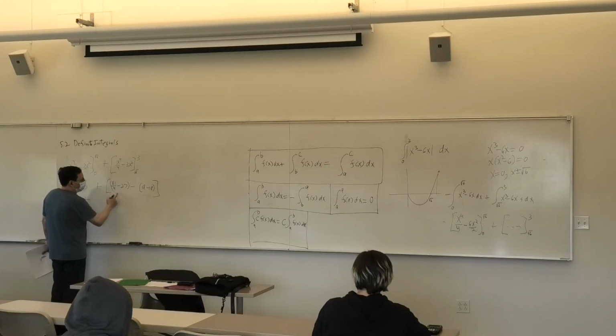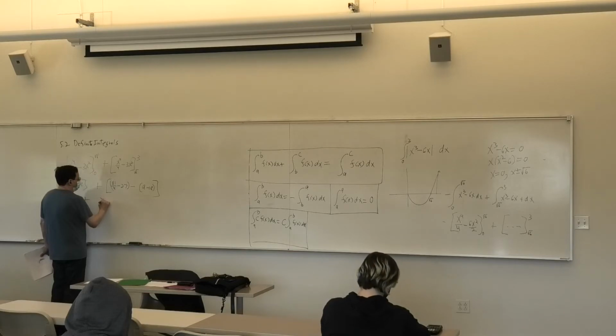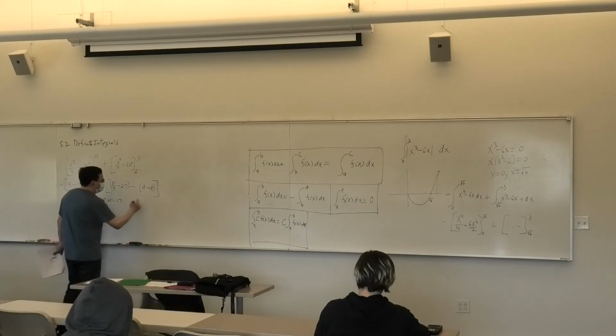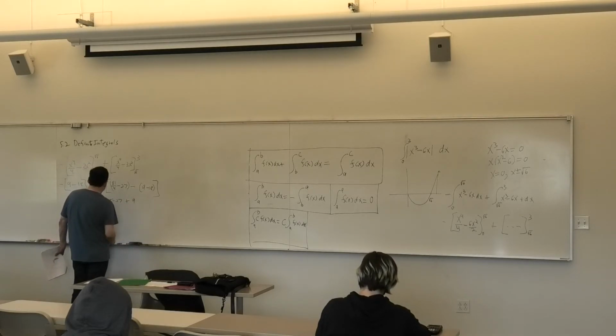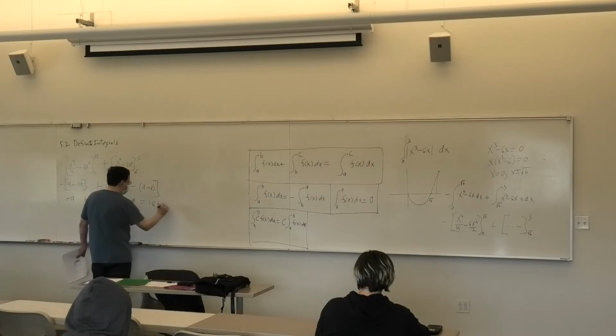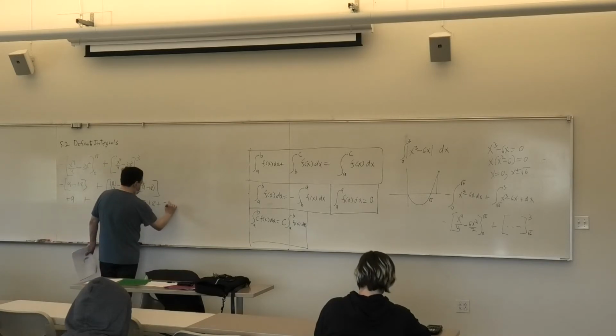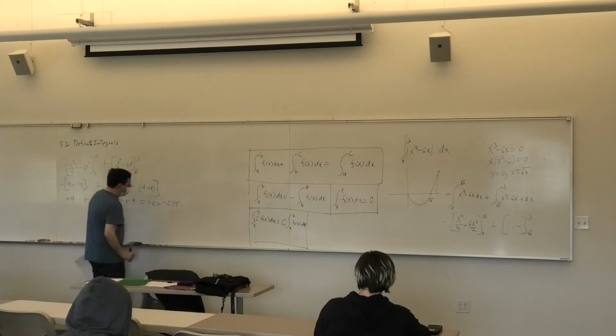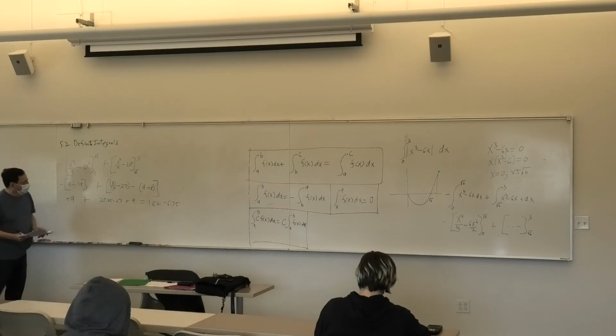Whatever we found before, that's 20.25 minus 27, and this is again plus 9. So we have 18 plus, this was negative 6, 6.75, and you can do the rest. Yeah, I mean, you know,